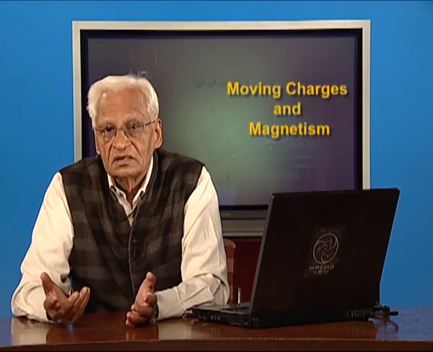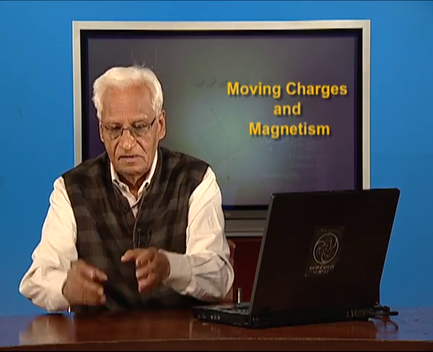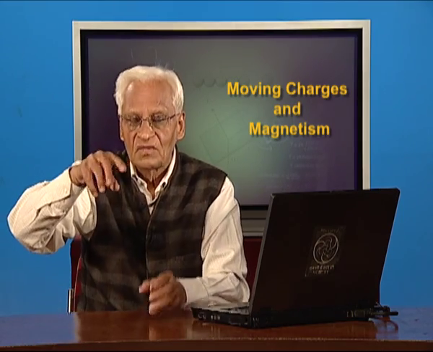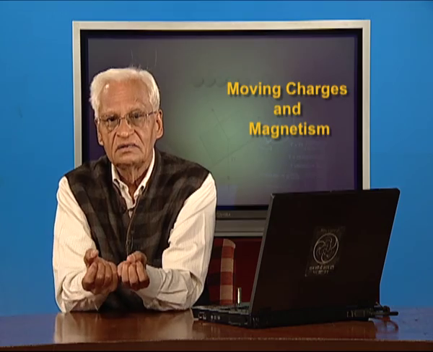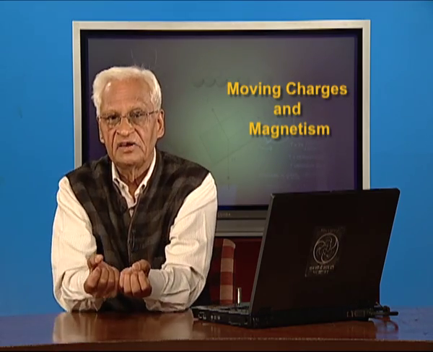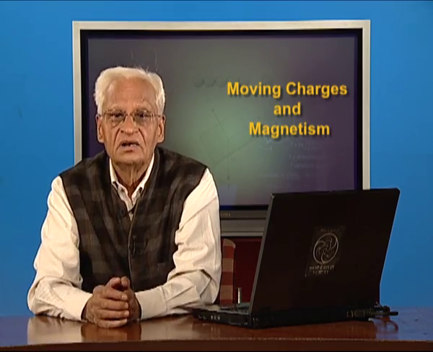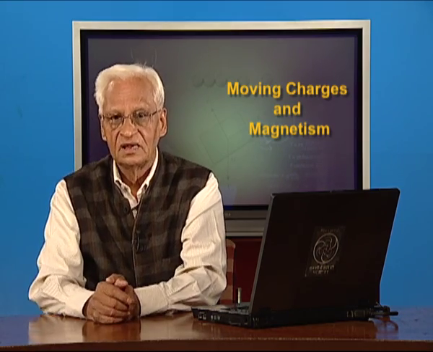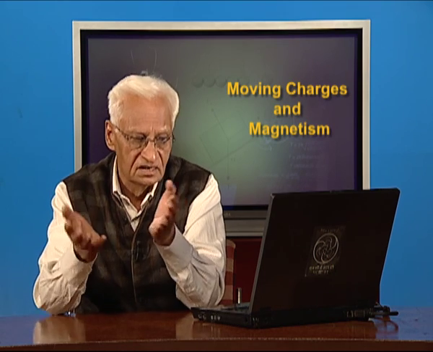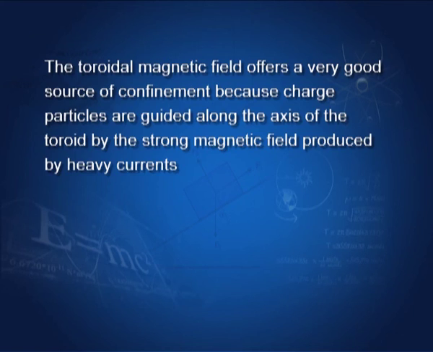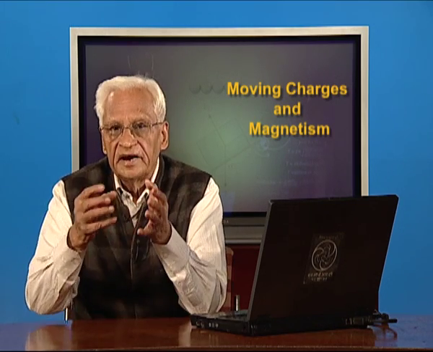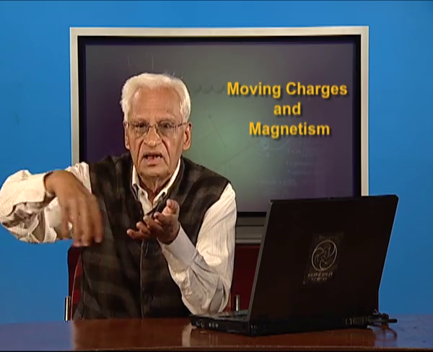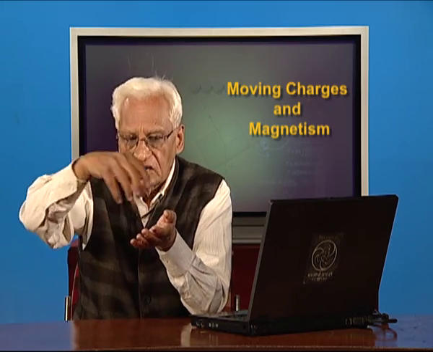So, what is the solution? The solution is a toroid. So, we have a toroid which contains this plasma because of its magnetic field and gives time for the reactants to react and give us energy. So far, of course, we have not succeeded, but there is every hope that in future we shall have this clean source of energy. We have seen that a toroidal device can be a very suitable thing for confining plasma,